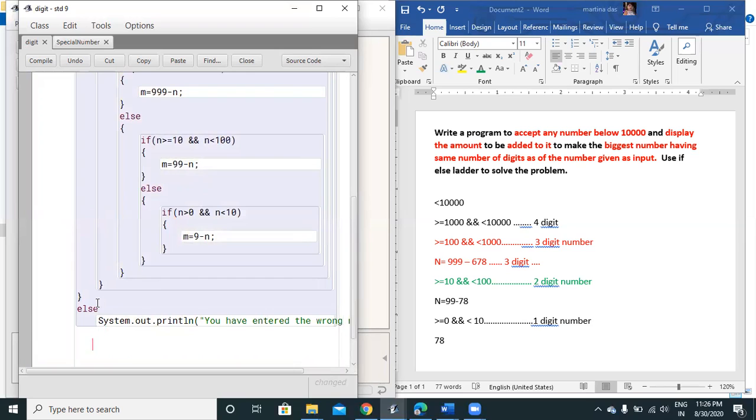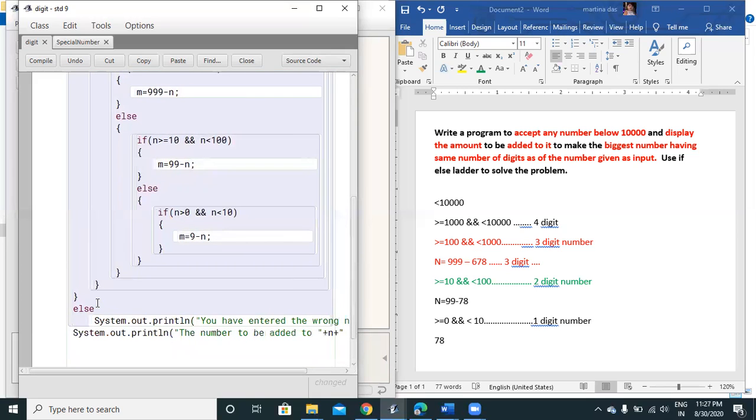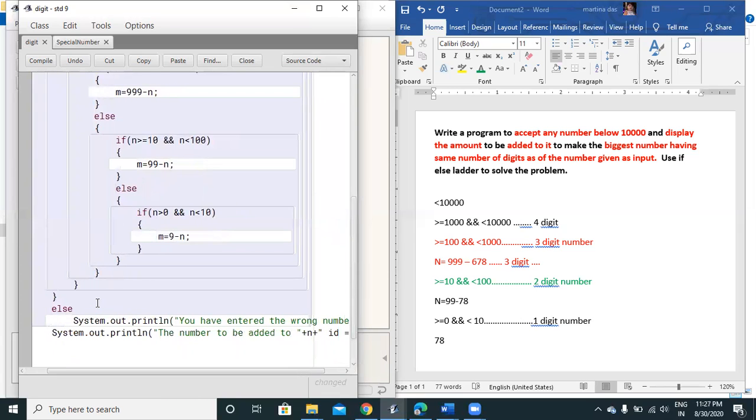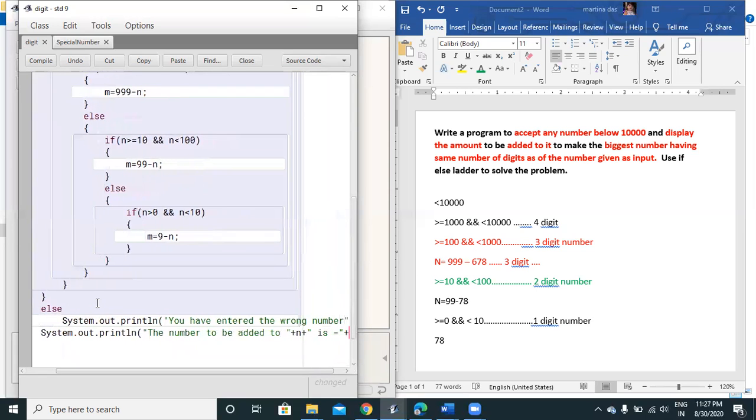And then outside I can print over here System.out.println the number to be added to, using the concatenation operator I put the variable n plus is equals to plus m.